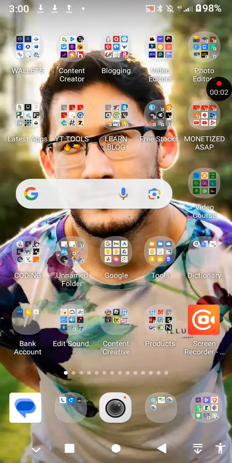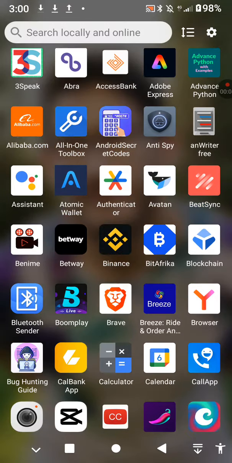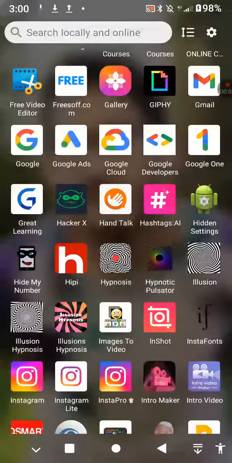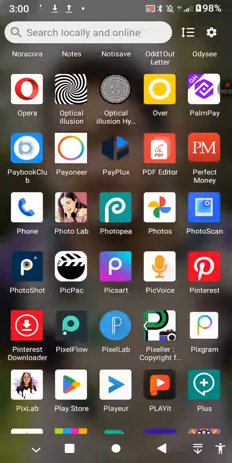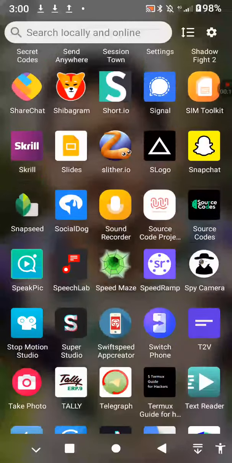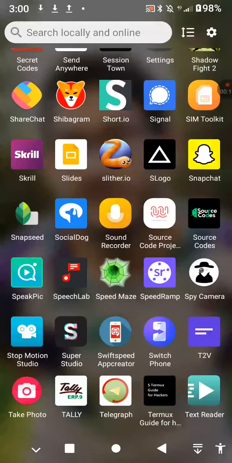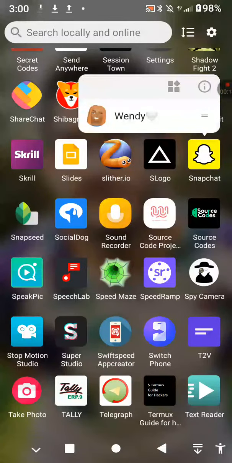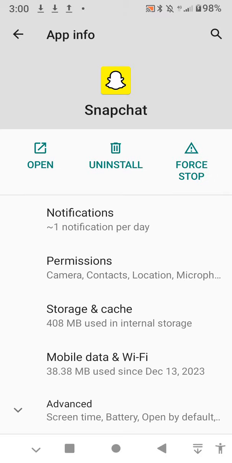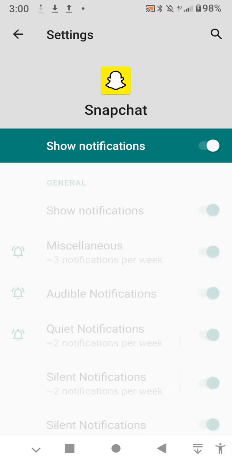To fix this problem, first of all, go to your phone menu, then scroll and try to search for your Snapchat account or your Snapchat app. Now use your fingers to tap on it for some while, then tap over here to tap on it. After that, tap on force stop, tap on OK, tap on notifications, and make sure your show notifications are turned